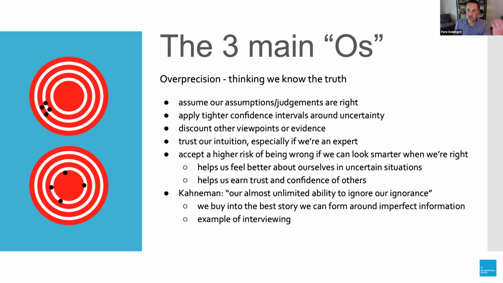What it essentially means, and this is the way that this process works in our mind, is in a situation where we don't have perfect information, we take that information, we create the best narrative story around it that we can come up with, and then we believe the hell out of it and totally convince ourselves that that is the way that the world works and that this situation is likely to play out.